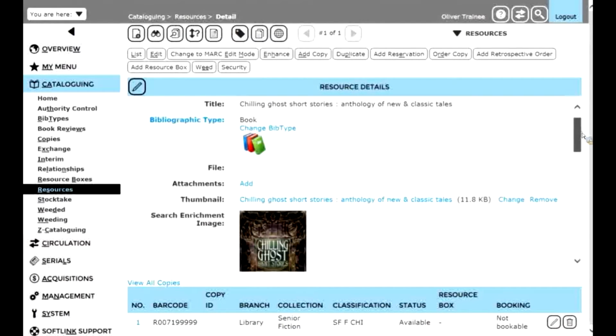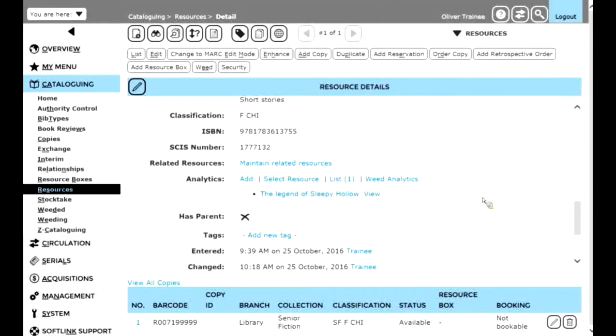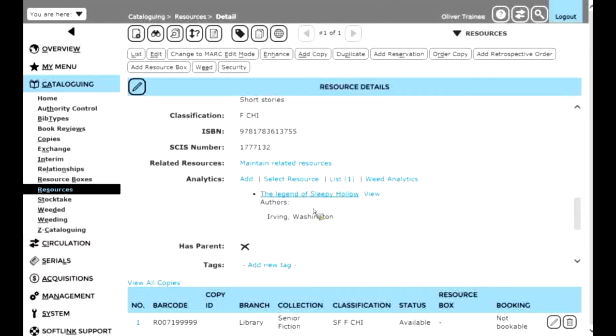And underneath Chilling Ghost Stories, next to Analytics, there's now the Legend of Sleepy Hollow. If I clicked on Legend of Sleepy Hollow, that would show me more details. So I click on that, it shows me its author, Washington Irving. Or if I clicked on View, that would take me directly to the Legend of Sleepy Hollow, where I could add more details such as extra subject headings,